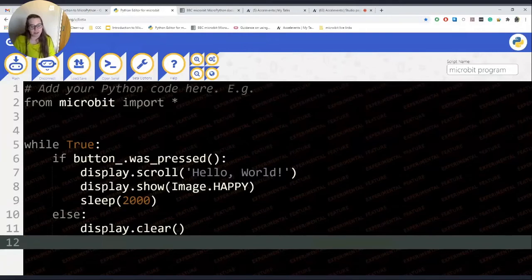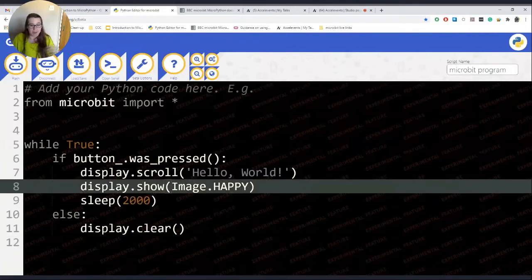So you can have some really interesting conversations with them about why some images work and some don't, and that somebody else has had to pre-write the code. Somebody's had to describe how to draw a happy image on the screen, and that they haven't done every single image. And then you can lead into building your own images. So it's quite a lot of fun.